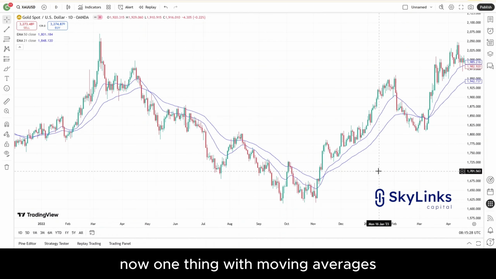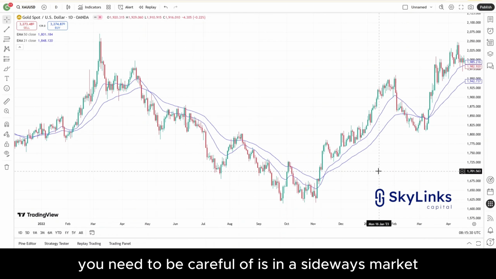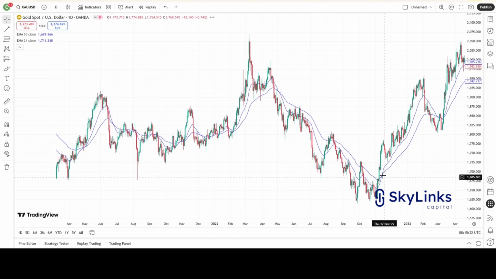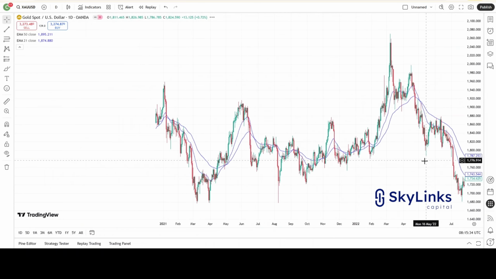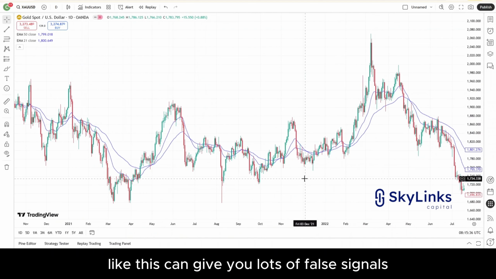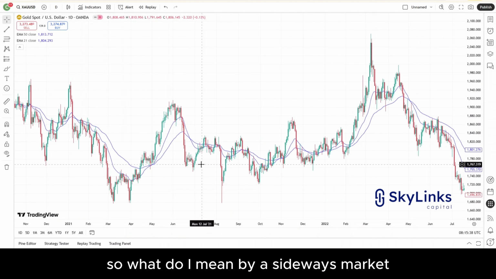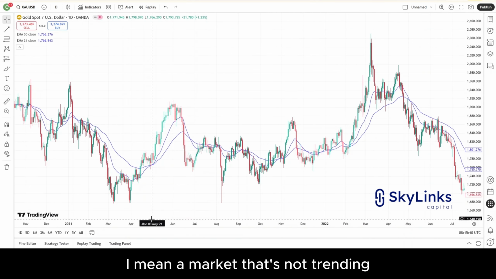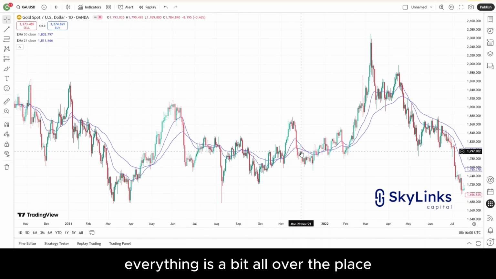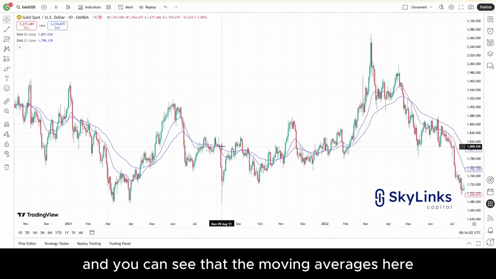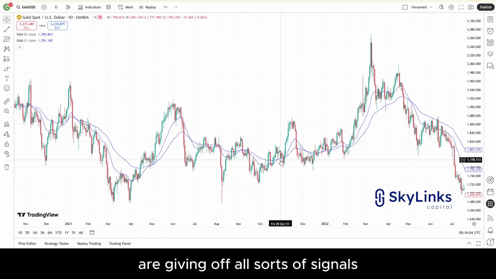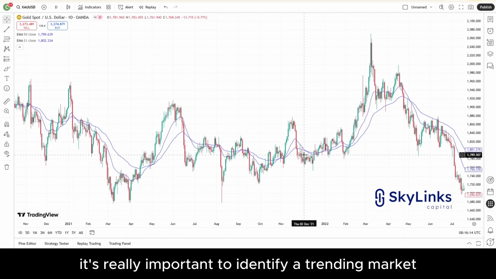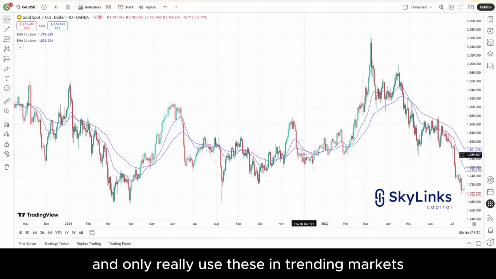Now, one thing with moving averages you need to be careful of is in a sideways market. Sideways markets like this can give you lots of false signals. So what do I mean by a sideways market? I mean a market that's not trending. Everything's a bit all over the place, and you can see that the moving averages here are giving off all sorts of signals. It's really important to identify a trending market and only really use these